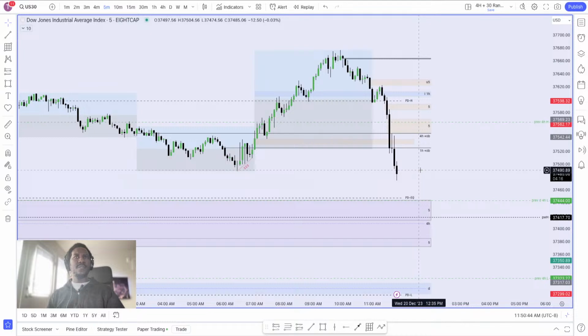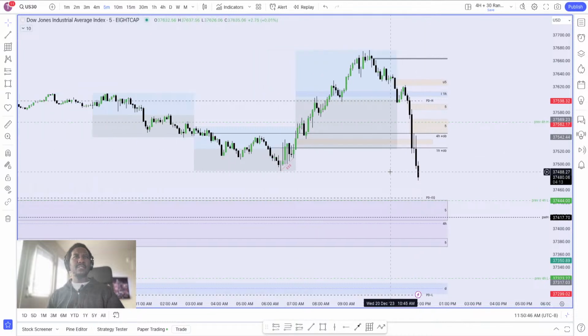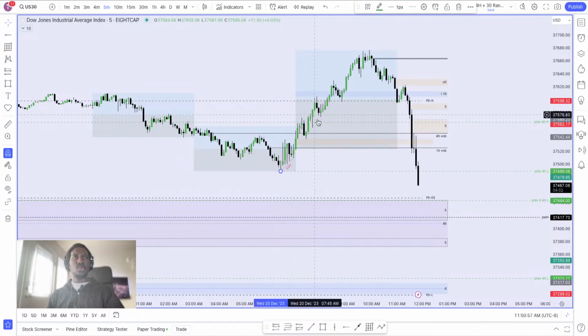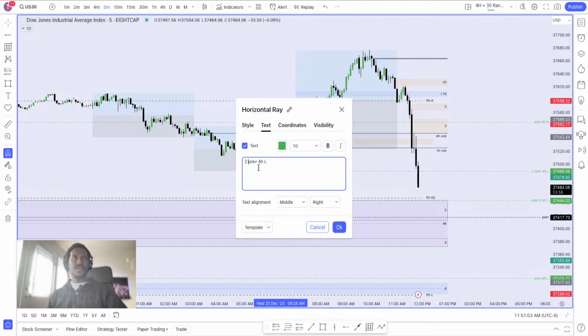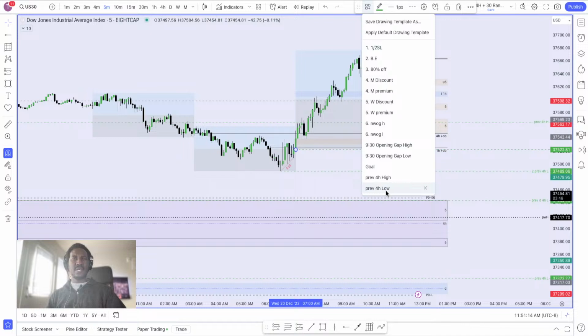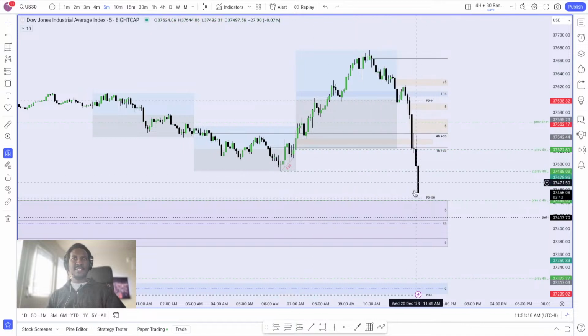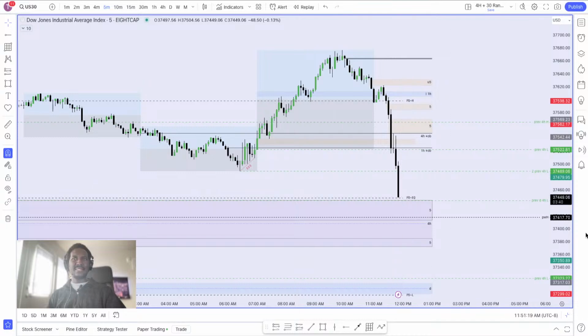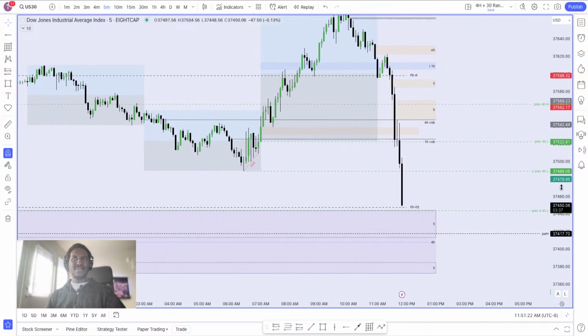Now we just head on over to, do I need to mark this? Yeah, this is gonna be an important level, so let me just mark that as a previous 4-hour low. I'm gonna do like 2 previous 4-hour low. Just let me know that, yo, this is the latest 4-hour low right there, and I think we have enough. Oh, that setup would have been nice, right? Ooh wee, and we're just about to hit that previous day EQ. Nice.